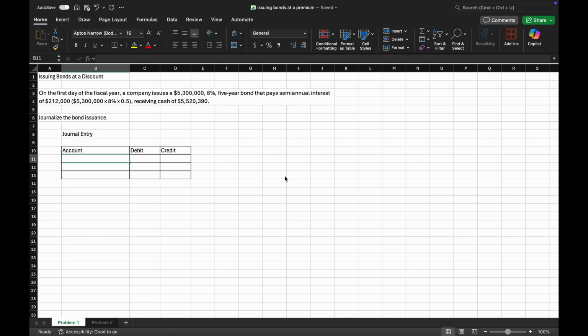We'll be teaching you how to journalize the issuance of bonds at a premium. Let's get into it. On the first day of a fiscal year, a company issues a $5,300,000 8% 5-year bond